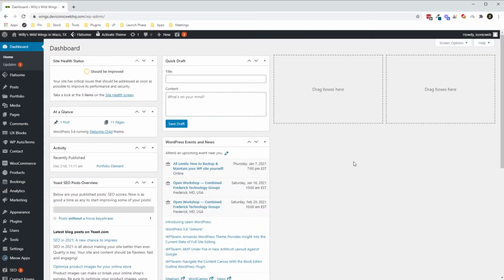The next thing I'm going to talk about is the Posts tab. So over here on the left, there's a Posts tab, and if you have a blog on your site, this is where you can manage all of your blog posts. So if we go ahead and click on that,